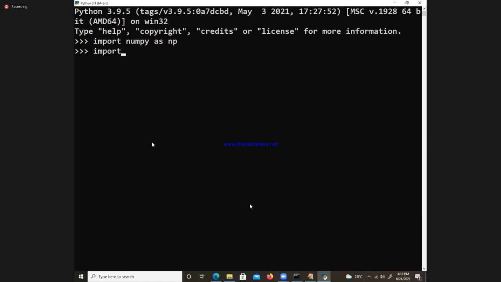Import pandas as, you can use your own name. I will use pd. I could use pan, ps, anything, but I will use just pd. So don't think that np and pd are predefined. They are all alias names. Now we are going to learn